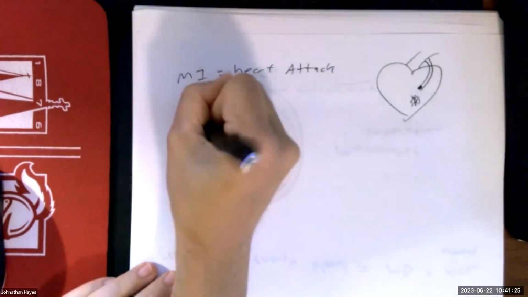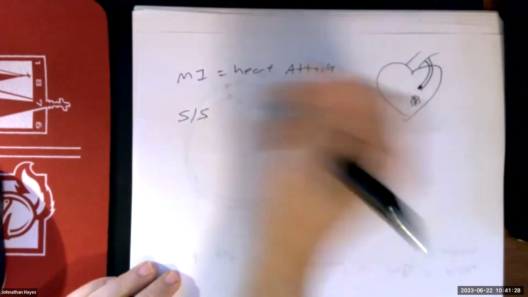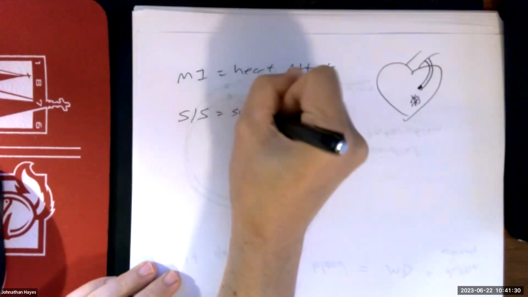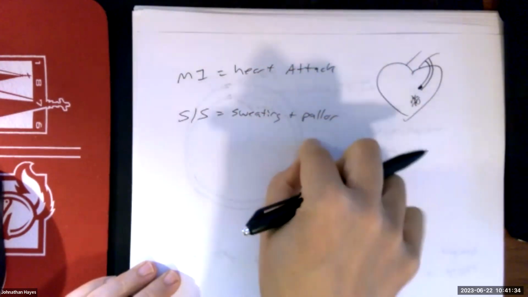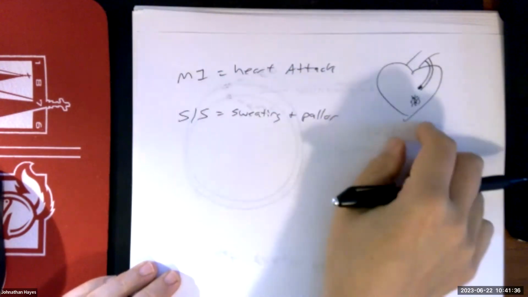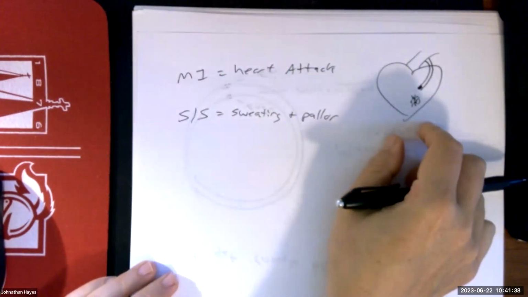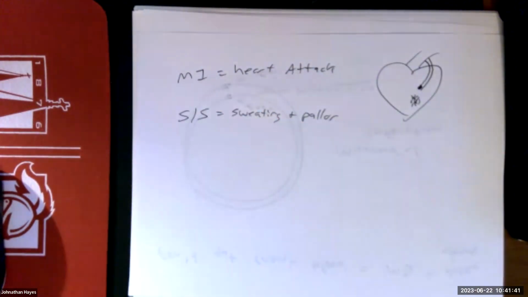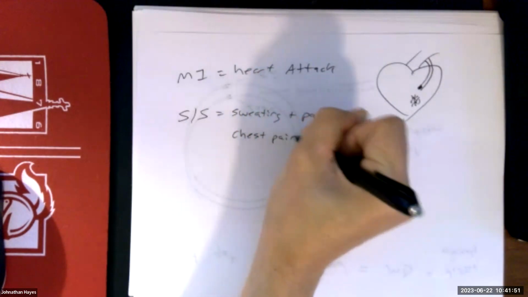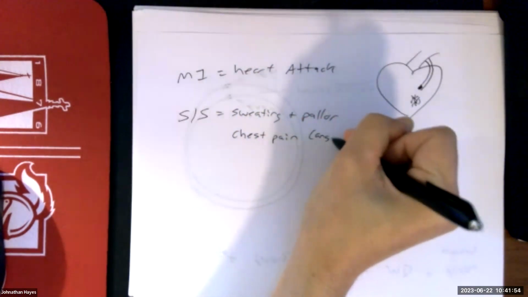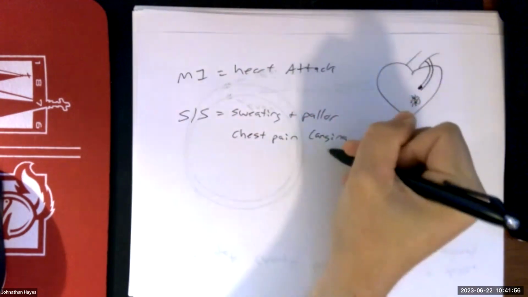So signs and symptoms of myocardial infarction might be like sweating and pallor, like they get all pale all of a sudden and they start sweating. So that's never good, right? Like if you're all hot and red and sweaty, you look like you just worked out, right? But if you're all pale and sweaty, it's different. So that's no good. Probably have some type of chest pain, which we usually refer to as angina or angina pectoris,